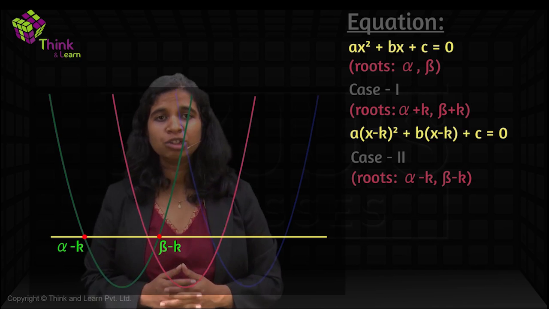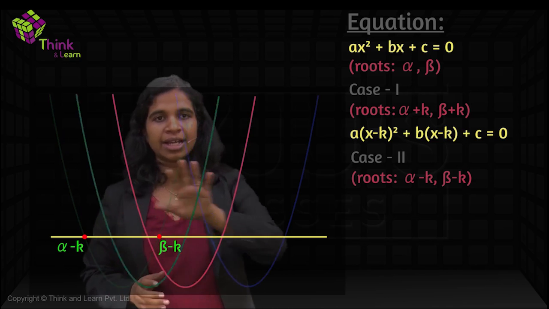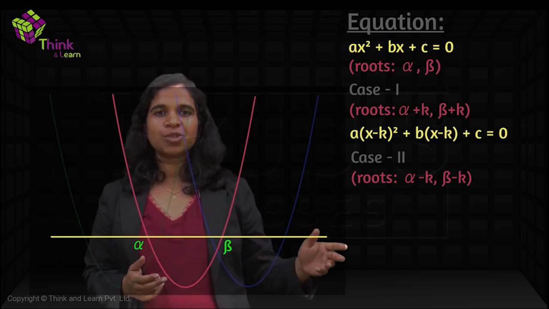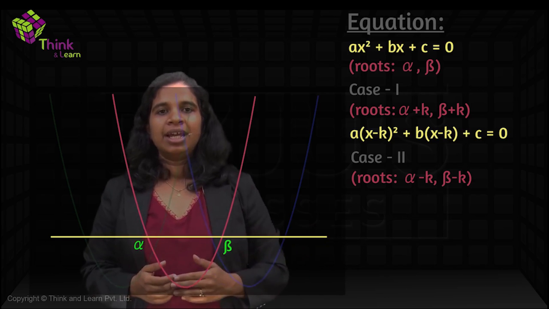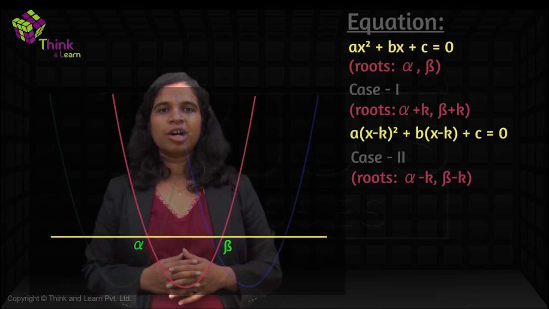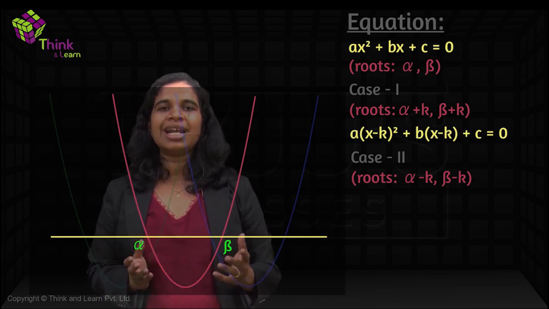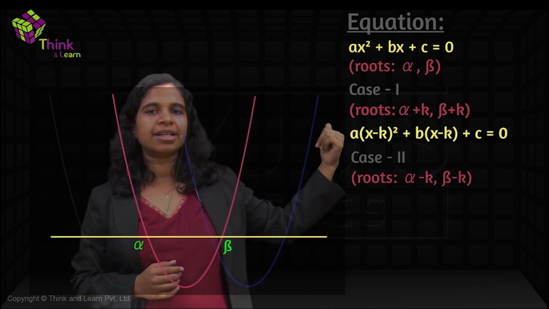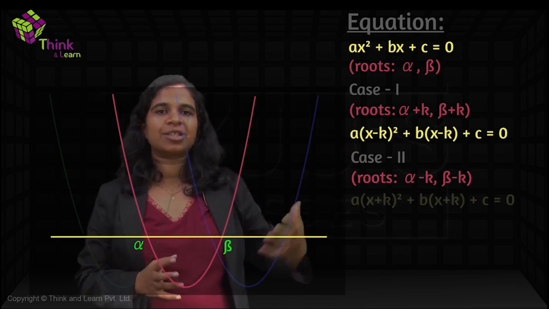How will you bring it back to its original position? You will move the entire graph right by k units. Right by k, right? Right is positive, so plus k. Horizontal direction, so x is what is changing, right? So instead of x, you'll write x plus k. As simple as that. Previous case, instead of x, you wrote x minus k. Now instead of x, you'll write x plus k.